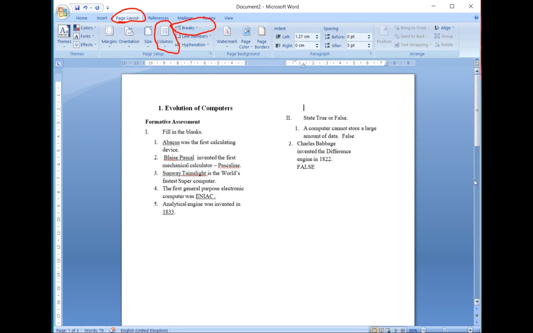Now let us go to our next point, working with tabs. So what is a tab? Yes, students, does anyone know what a tab is? A great way to draw attention to specific text is to indent it.